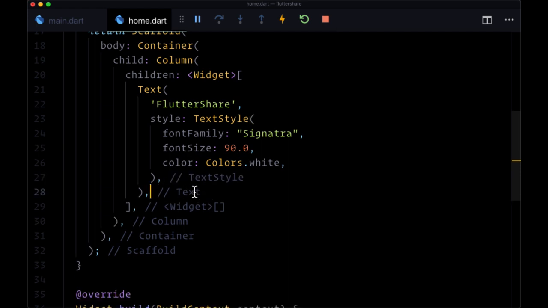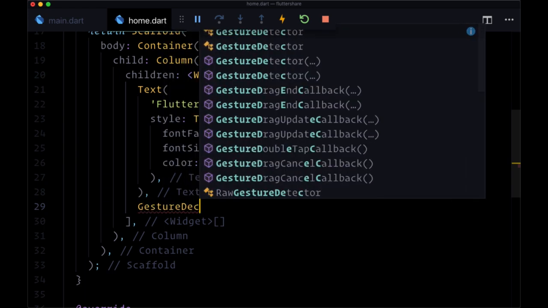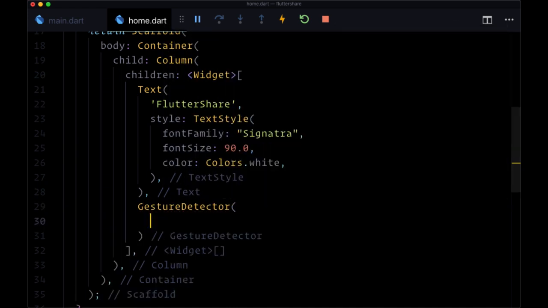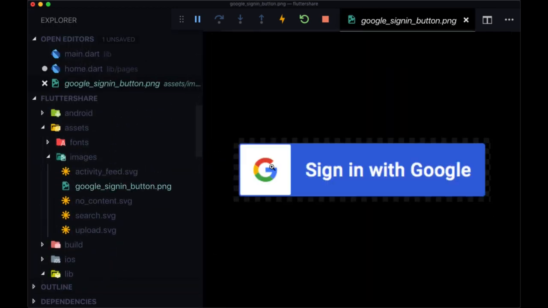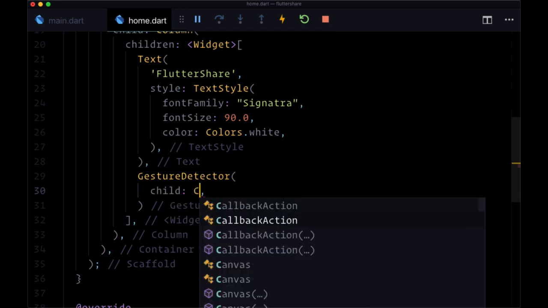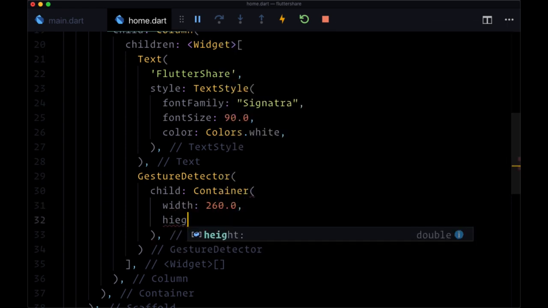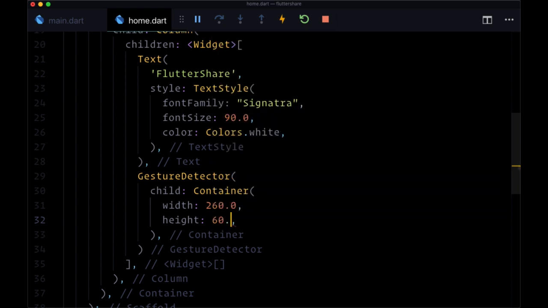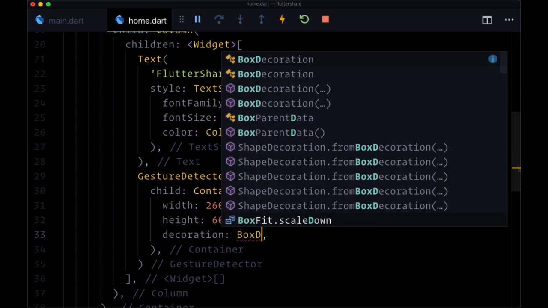After the text, after we see the closing tag here, we'll add a gesture detector, and this is to make our image that we're going to be using and displaying here function like a button. So the image that we're going to be using is the Google Sign In button PNG I've included in your images folder. So for our gesture detector child, we're going to have a container which contains our image, which will have a width of 260, a height of 60, and a decoration set to box decoration,